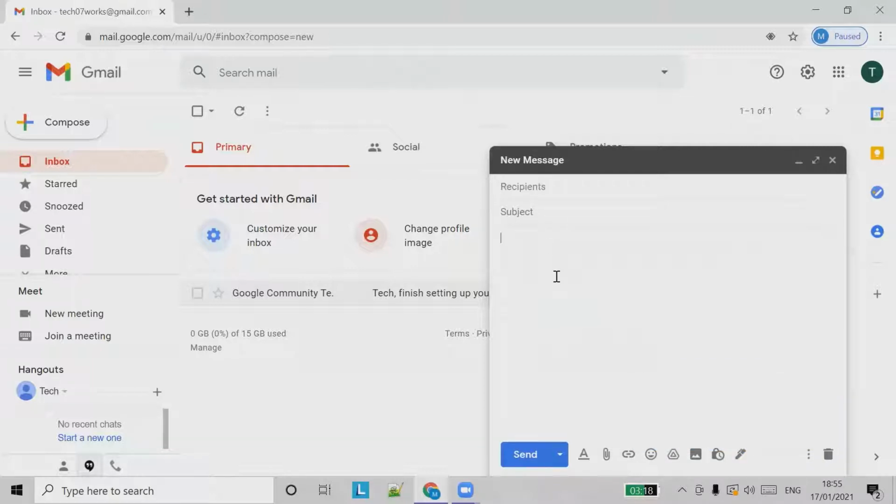And this is the compose email dialog box. We can call it a pop-up or a dialog box, okay. There are multiple segments in this compose dialog box, and the first thing is the receiver. This is where we should type the receiver's email account. So let's say the receiver's email account is